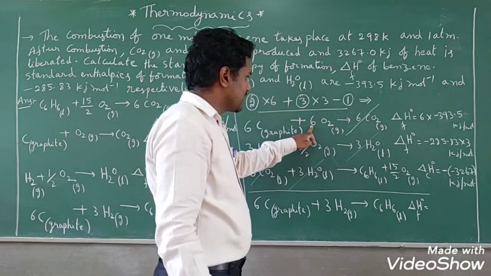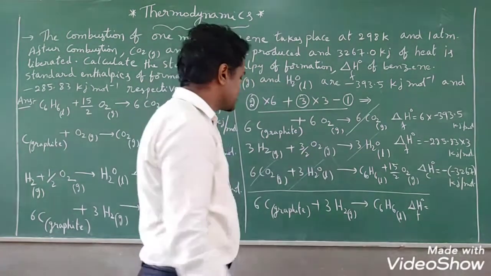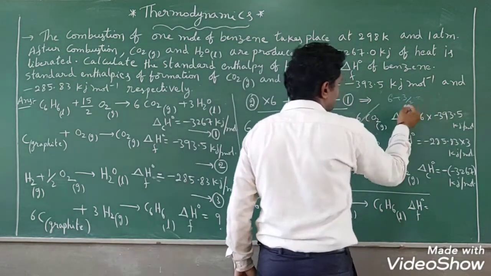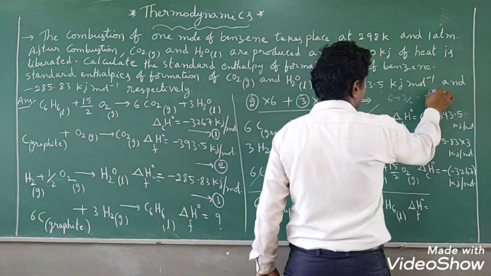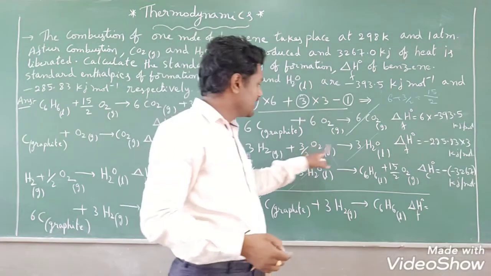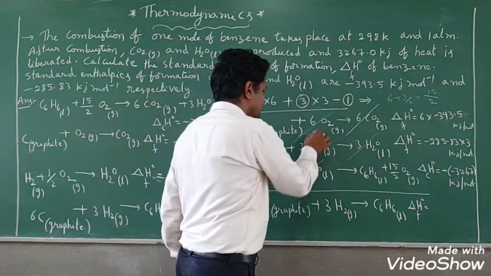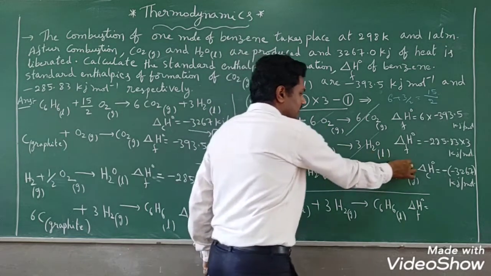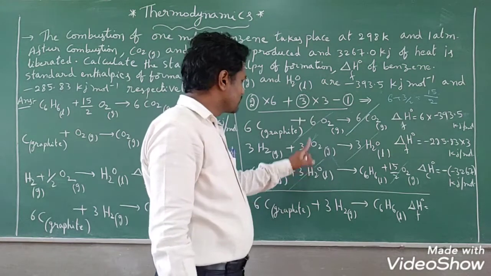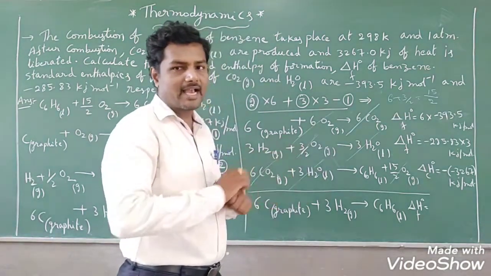Next, here oxygen is there. Oxygen 6 moles is there in the first equation. Here 3 by 2 moles is present. 6 plus 3 by 2, students. 6 plus 3 by 2, how much is it? 2 is the LCM. 15 by 2, right? 15 by 2 O2 is present on the reactant side. On the product side also 15 by 2 O2 is present. So this you can cancel with the 15 by 2 O2, right? So H2O, CO2, and O2 were cancelled, on both the product side and the reactant side.